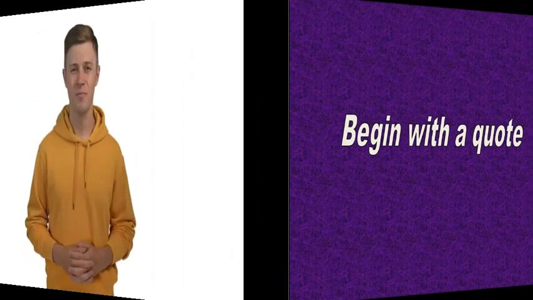Our fifth type of introduction is to begin with a quote. When your quote is from someone whom your audience are familiar with and respects, they will appreciate the quote and want to know the relevance of the quote to what you have to say. Even if they do not know the person you are quoting, once they hear a striking quote, they will pay attention. Consider this example. A correctional expert, Robert Ganji, once said, building more prisons to address crime is like building more graveyards to address a fatal disease.